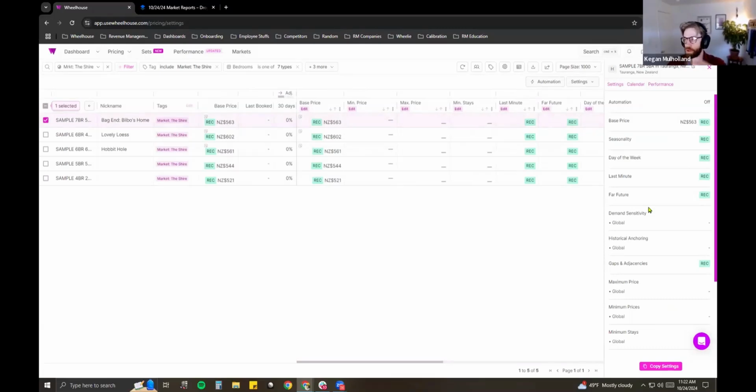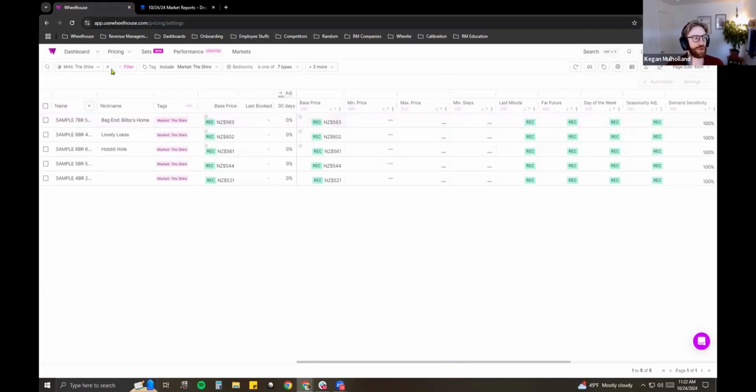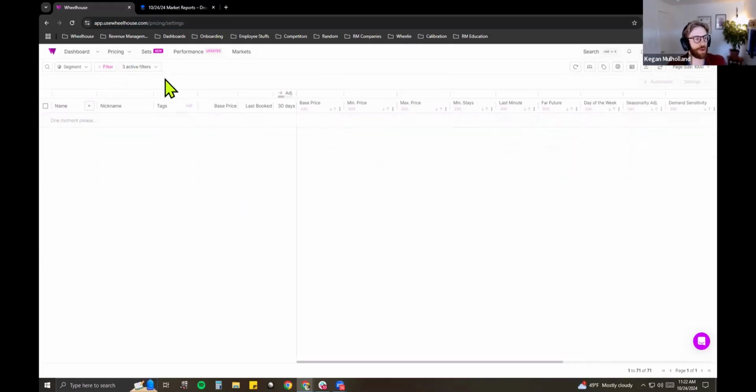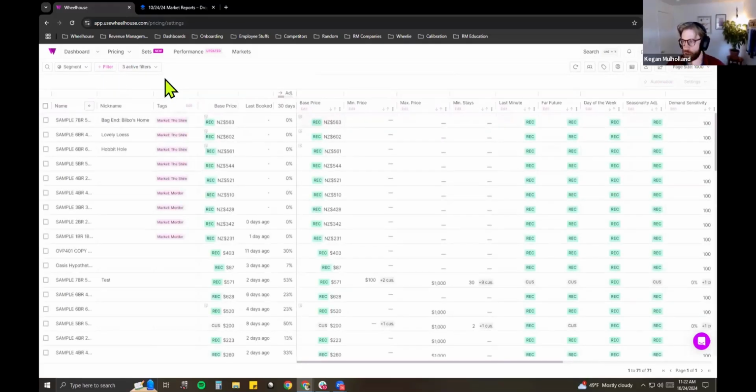I know that their seasonality is pretty extreme and I made some adjustments, or maybe I know the base prices need to be adjusted there. I can copy over those customizations to the new property. So using these for the onboarding flow can also help once you've set up properties to do so. So that's just one example of groupings and how they can help.